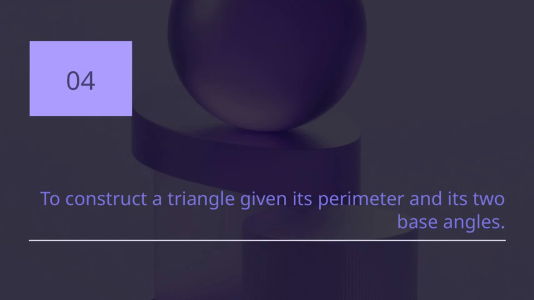From these angles, we can find the third angle since the sum of all angles in a triangle always adds up to 180 degrees. Once we have the angles, we can use the law of sines or law of cosines to find the side lengths, depending on what information we're given. And because we know the total perimeter, we have an additional constraint that helps us narrow down the possible side lengths. So the main concept to remember is that by combining the perimeter and angles, we can uniquely determine the